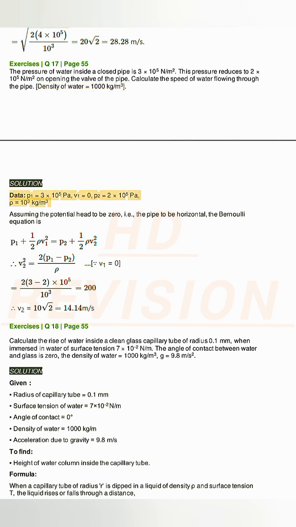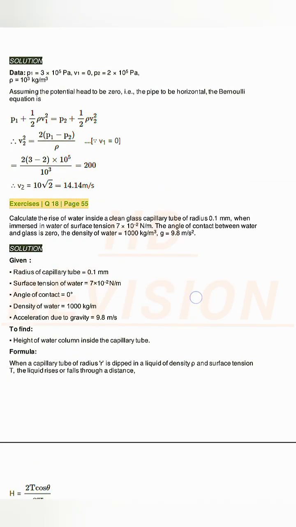Solution. Data. P1 equals 3 times 10^5 pascals, V1 equals 0, P2 equals 2 times 10^5 pascals, rho equals 10^3 kg per cubic meter. Assuming the potential head to be 0, i.e., the pipe to be horizontal, the Bernoulli equation is